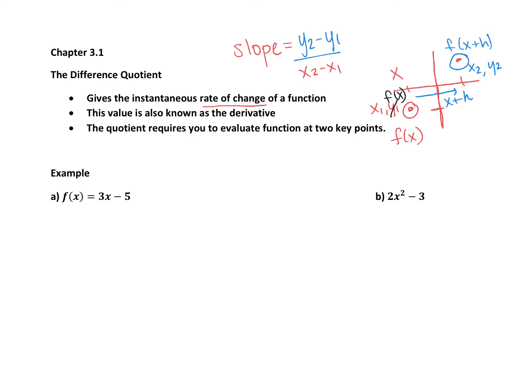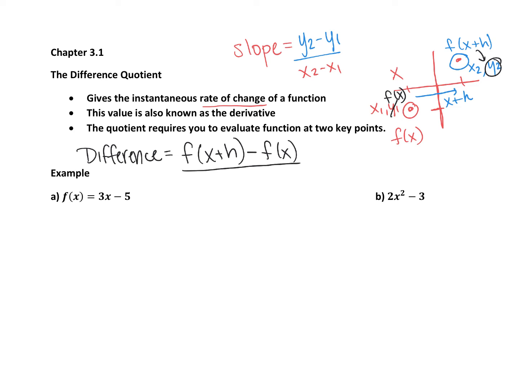And if I use this new notation right here, we're calling this y2 f of x plus h. So replacing that gives me the difference quotient. It's called the difference quotient because the slope is simply a quotient. We do our y values, which in this case are f of x plus h, that's y2, minus f of x, that's y1,